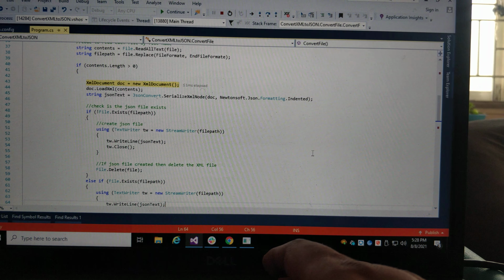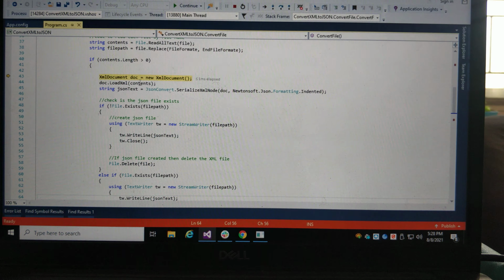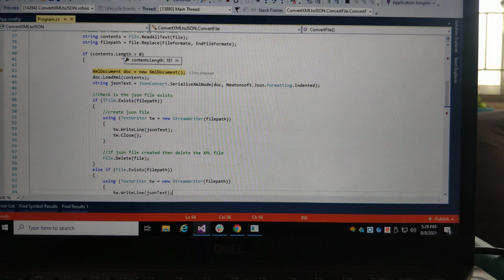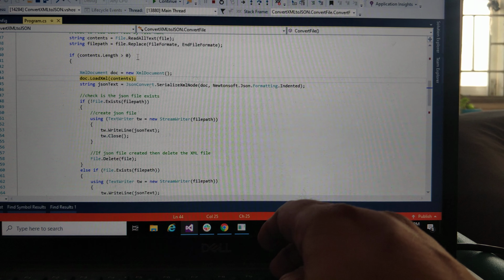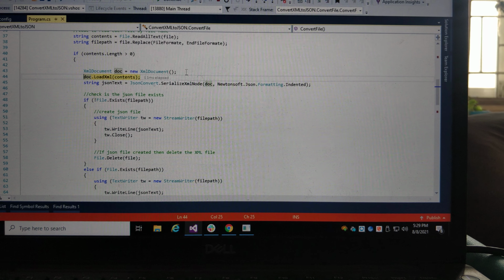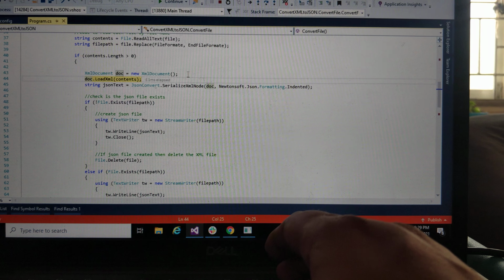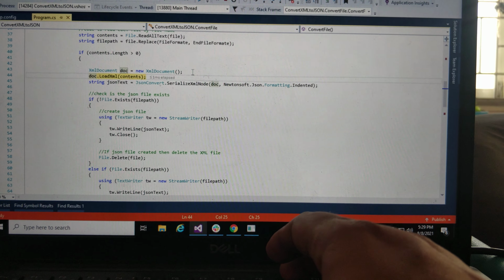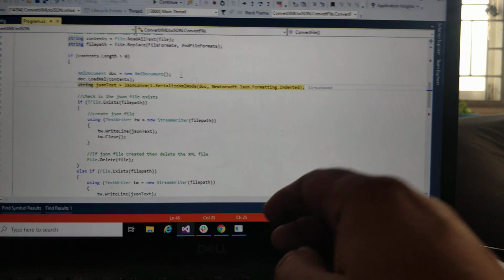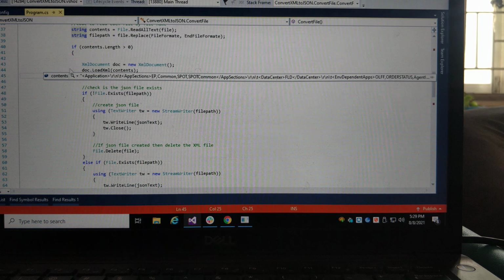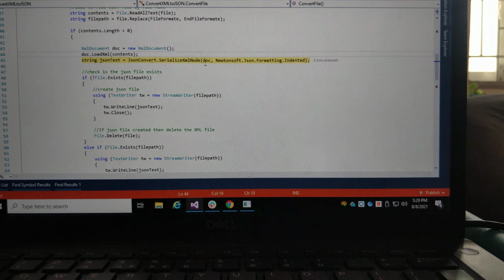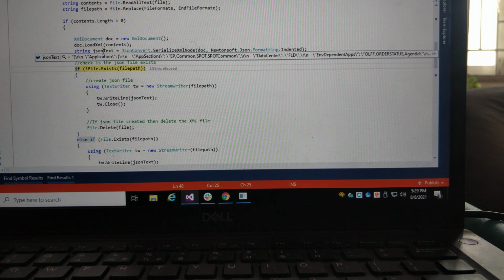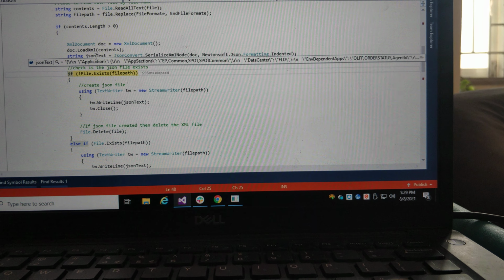Now in the loop I got a new XML file which has a length of more than 0. In that scenario, we are using XmlDocument to read and load the XML content, and that particular XML document object we will be giving to JSON serialization, as a result from JSON